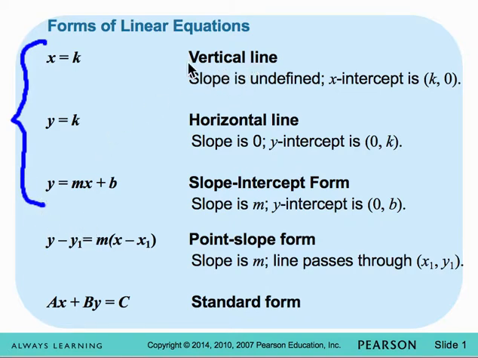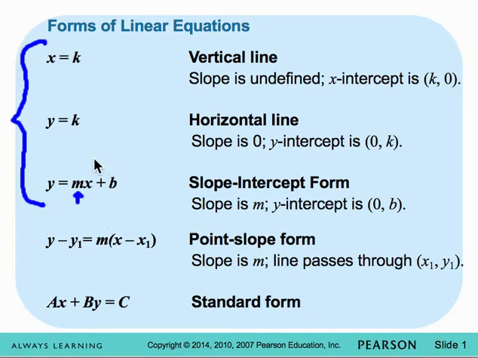This is the equation of a vertical line if it just has x equals some number. K stands for constant. This is the form of a horizontal line. It's just y equals a number. And this is called the slope-intercept form. We talked about this one last time simply because we were talking about the slope, but we didn't finish